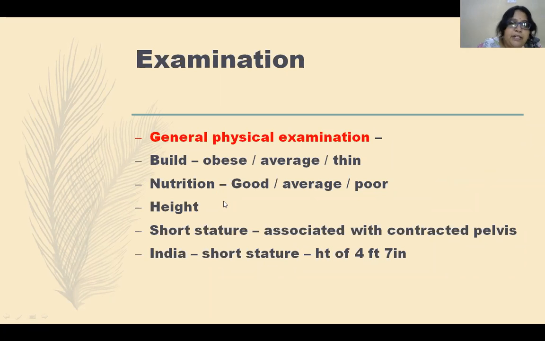Next, what is the height? Short stature is associated with contracted pelvis. So you need to inquire about the height. In Western countries, usually when the woman is 5 feet, it is considered she is short stature. But in India, short stature is considered when the woman is of a height of 4 feet 7 inches. 4'7" is considered